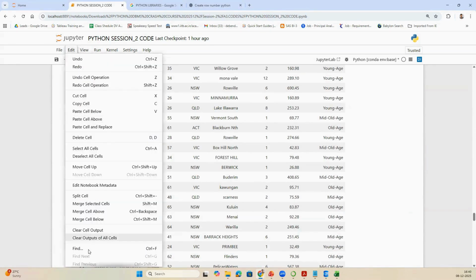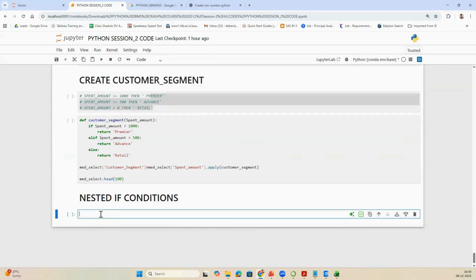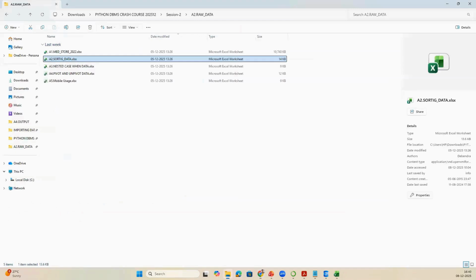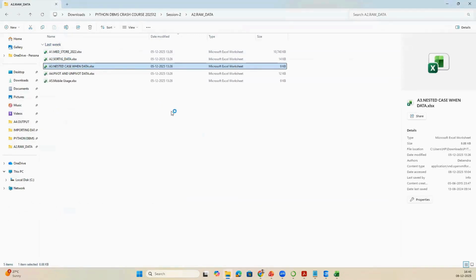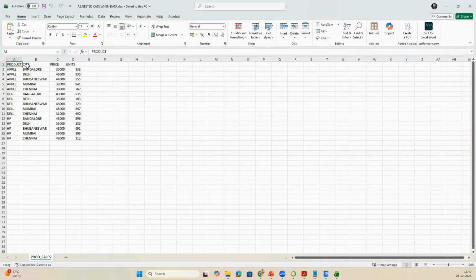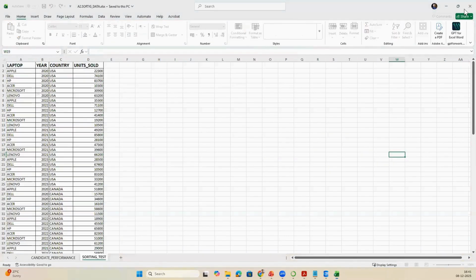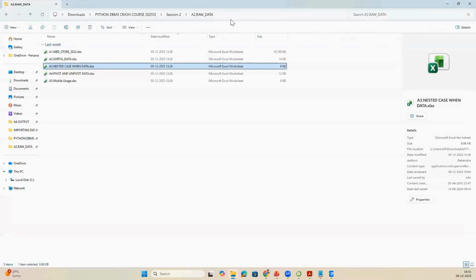So let me clear all the cell values. For the nested if condition, I'll go back to the nested case when statement data, where product sales data is given. Let me read this data: product, city, price, and units are given. Now let's read this table into my